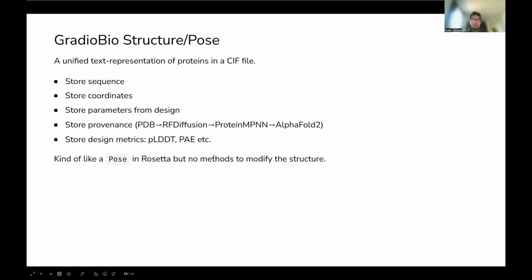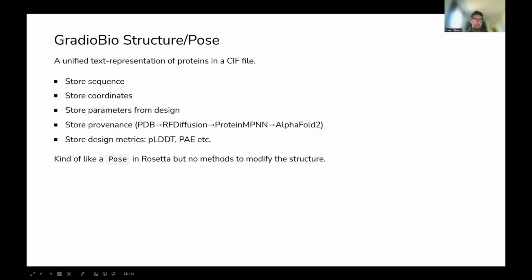The last thing that I want to quickly speak about is the tracking of parameters and of the metrics that are produced by these models. If we talk about Rosetta, there's this concept of a pose, which is a structure, and then there are certain methods to deal with this structure. But ideally, for these AI models, we would have something similar that is not dependent on a library like Rosetta, which is great, but quite heavy. Ideally, we would want something that is in a text file. And actually, we already have this file format.